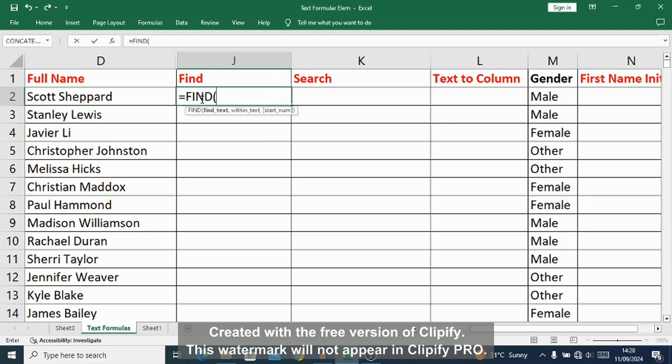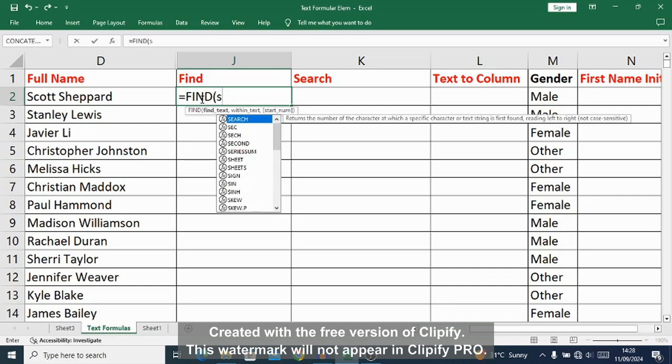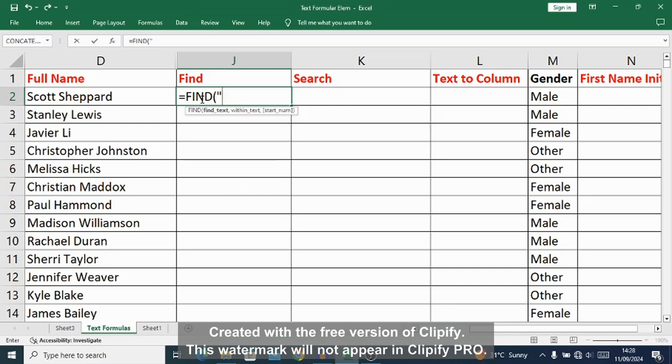Now let's say I'm looking for S. So I'm going to put that S in double quotes, then close quote. Now comma, inside cell D2, and then I'll close my bracket. When I press my Enter key,